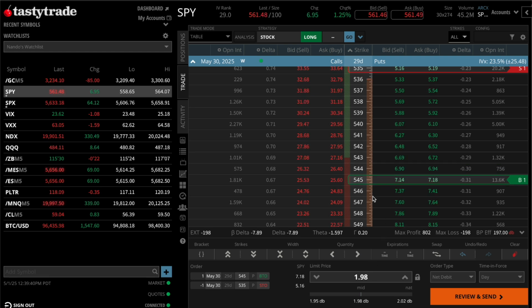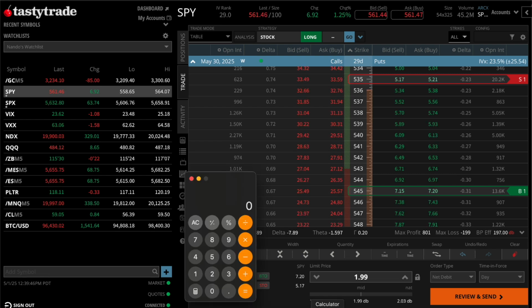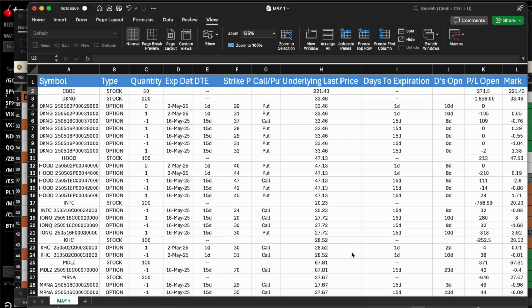This is $1.97. This is $2. So if the market goes down to 535 at the end of the month, and let's say it's roughly 25 divided by 562, this is a 4.5% move from current prices to here. So if the market goes down there, this 10 wide spread is going to be worth $1,000, and it's costing me $2,